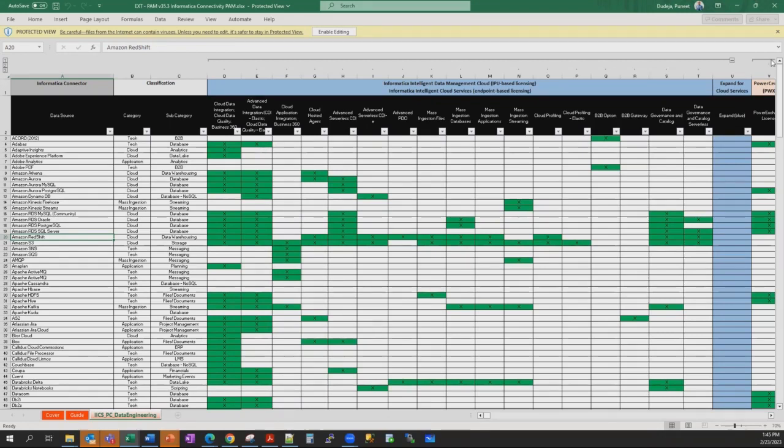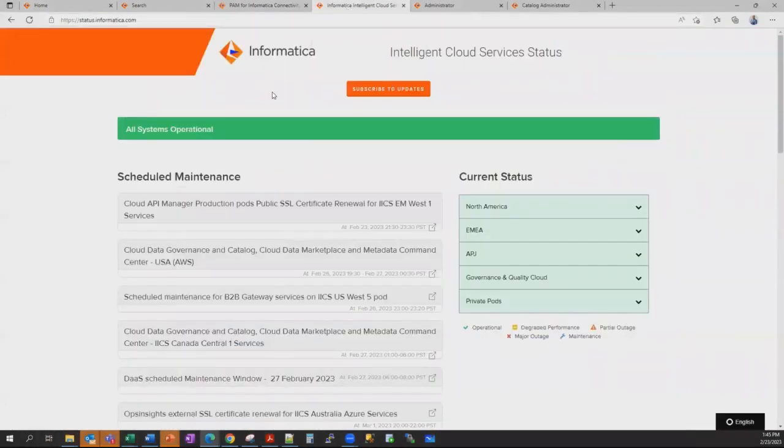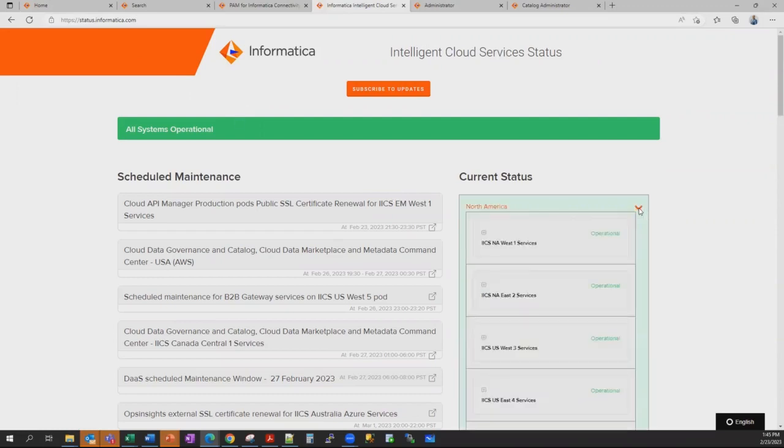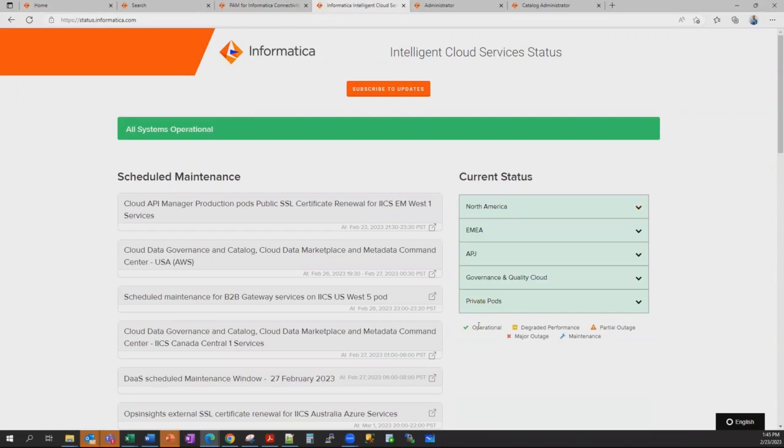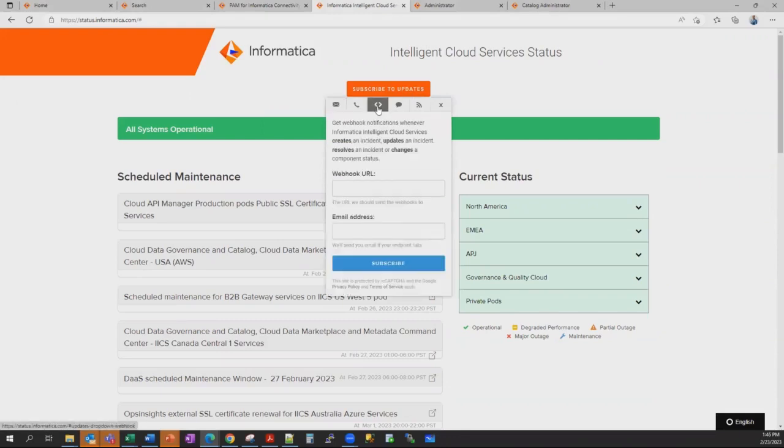any particular service. We just spoke about the pods and the availability of pods for various services. There is a link called status.informatica.com that provides the status of each of the pods available and their current operational status, whether it's available or if there is any outage, partial outage, or maintenance going on. As needed, you can always subscribe to updates via email, text messages, or maybe through a webhook URL. So there are a couple of channels that you can utilize to set your notifications to